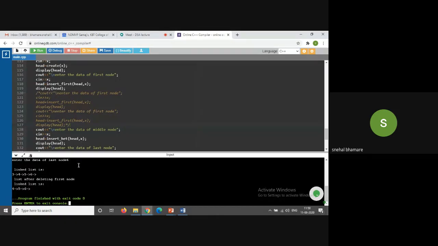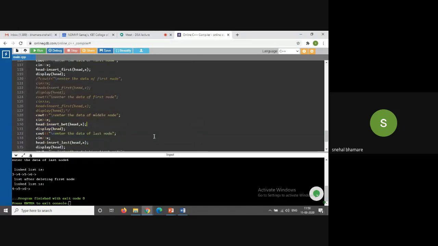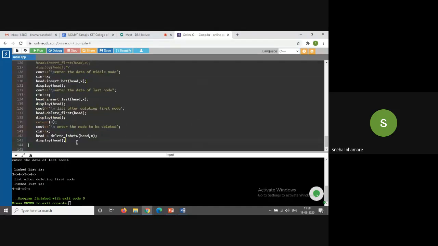Why has it terminated? It has not asked the user to enter that value. Okay, I'll check it again. I have written the return 0 statement over here. That's why it is returning from the main.